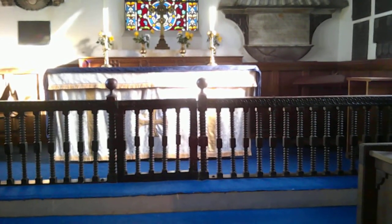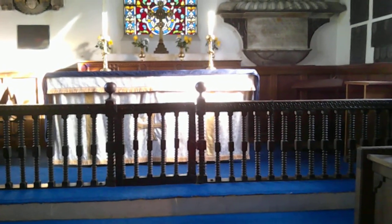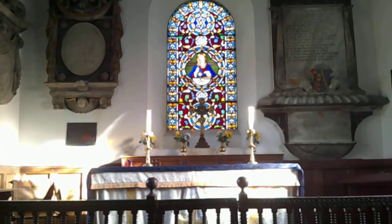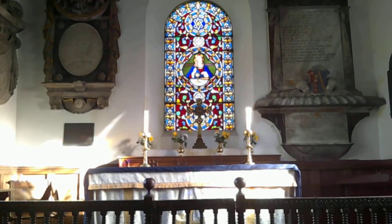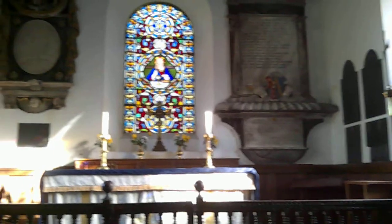Nice. 17th century communion rails, simple east window, this due in memoriam, with Christ in the middle as Salvator Mundi, the saviour of the world. Some very, very nice